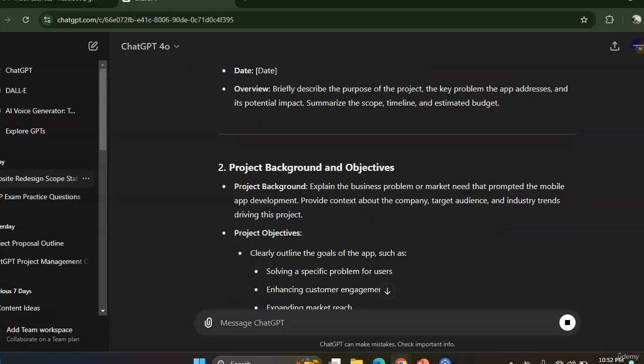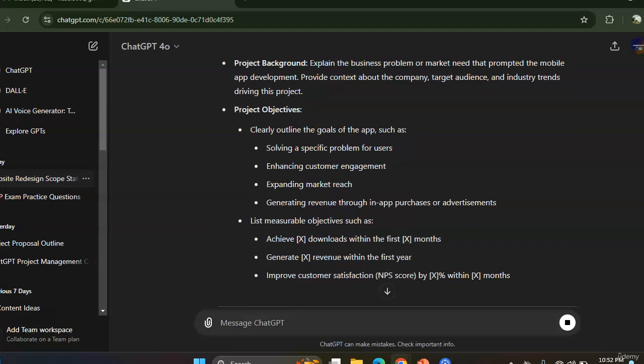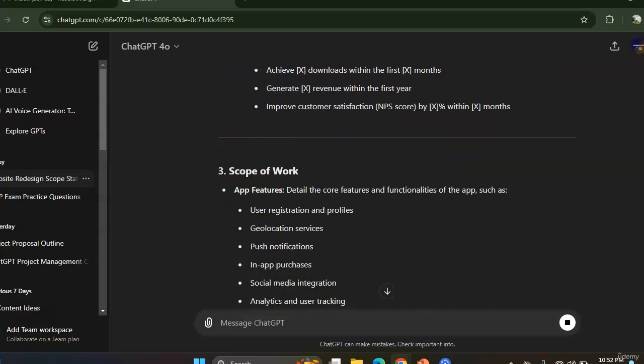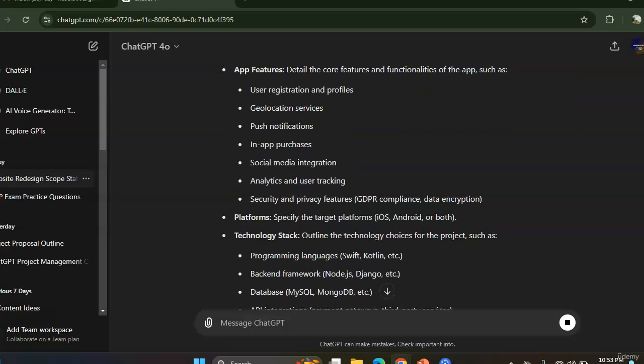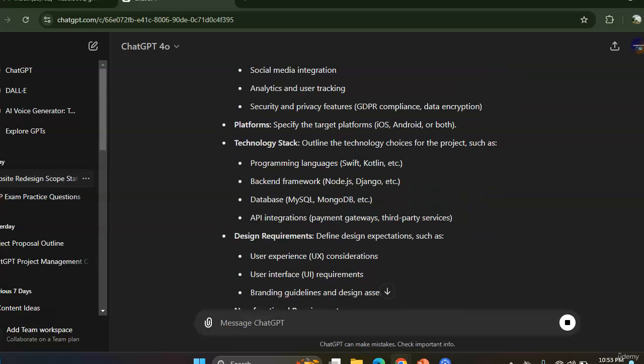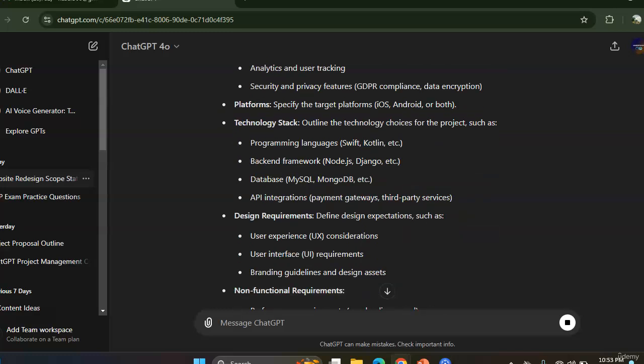then project background and objectives. Project background: explain the business problem or market need that prompted the mobile app development. Project objectives: clearly outline the goals of the app, what the app will resolve, and list measurable objectives such as achieve, generate, improve customer satisfaction. Scope of work: app features, platform, technology stack, like what is the programming language, backend framework, database, API integrations, design requirements,